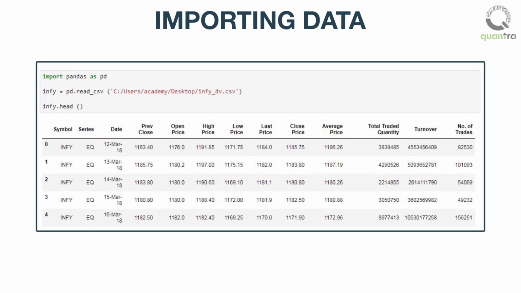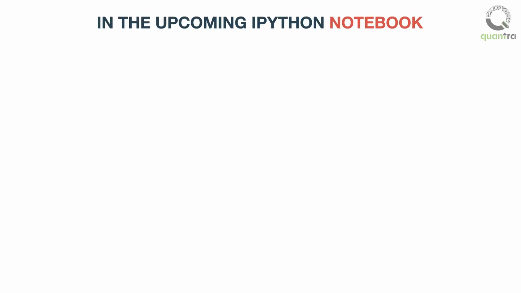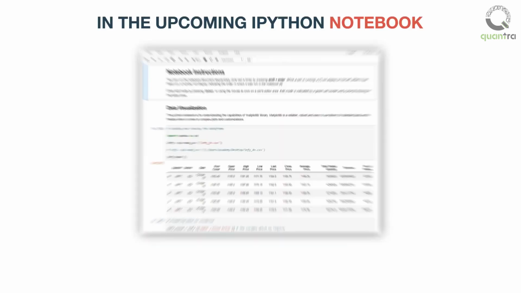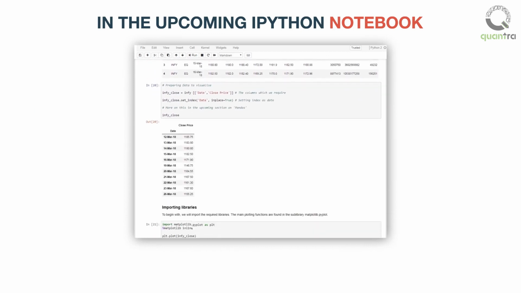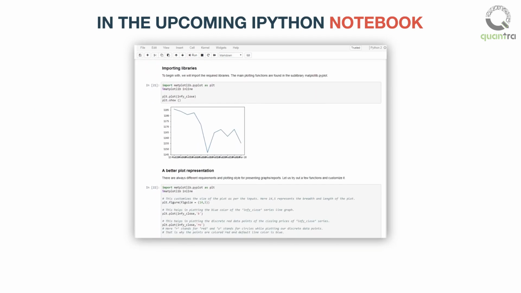Another way to work with financial data is to upload a CSV file and save it as a data frame. Use the pandas read_csv function and input the CSV file path to it, as done here. The first 5 rows of the data frame are printed using the head function. In the upcoming IPython notebook, we will further discuss how to import time series data from other web data sources, such as Quantra,